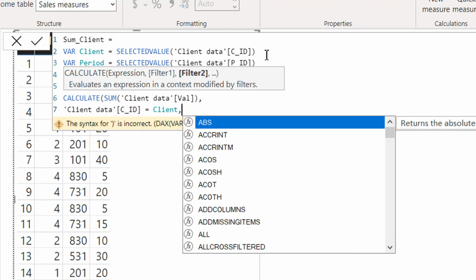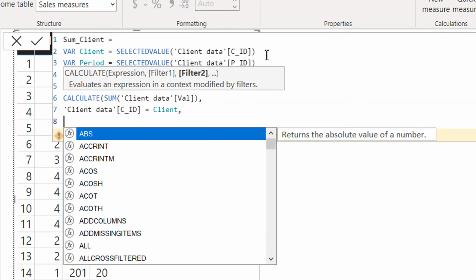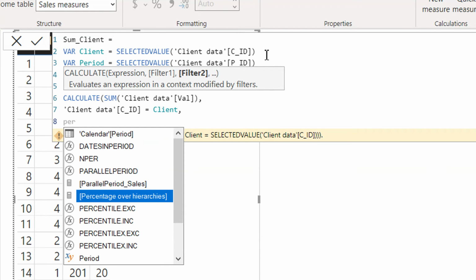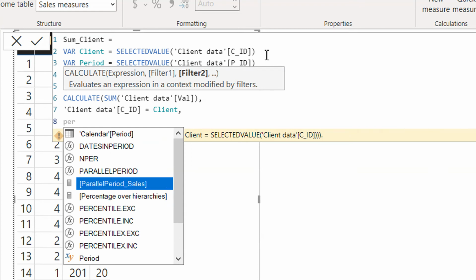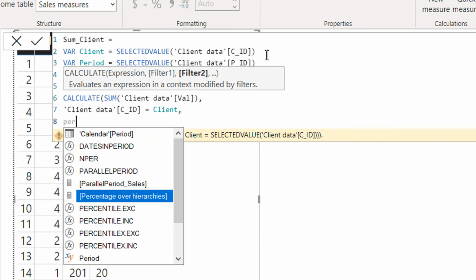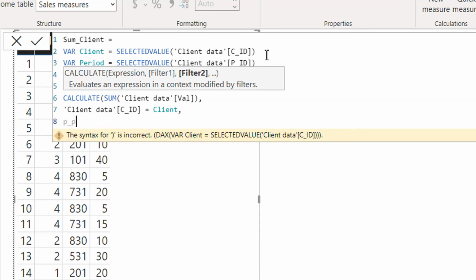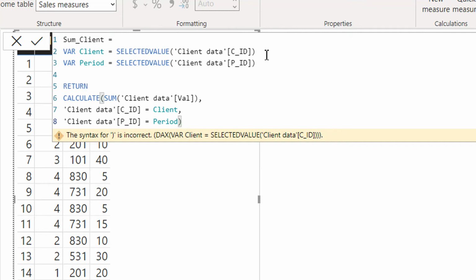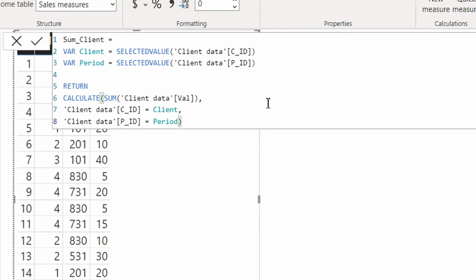And the second criteria will be period or p underscore id is equal to period, this one. So this is the formula that we have written here,